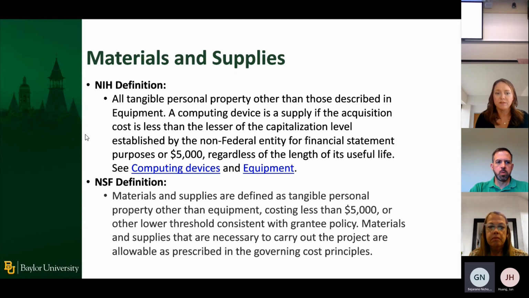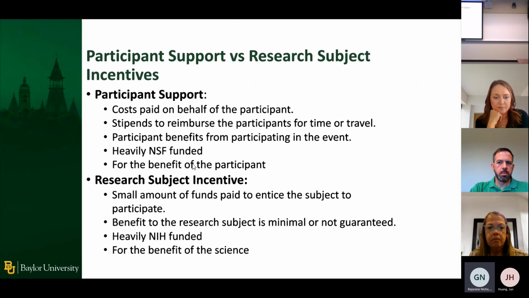Yes, please, I have a question here. Brandy, hi, sorry. Hey, how are you? Can hear me? Hi. I wanted to ask you, like from the previous slide with participant support and research subject,